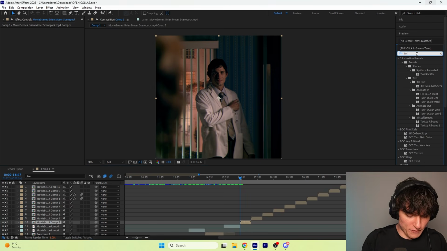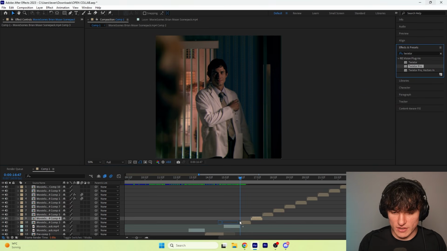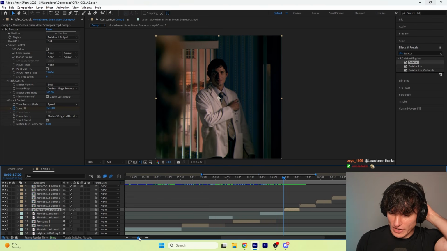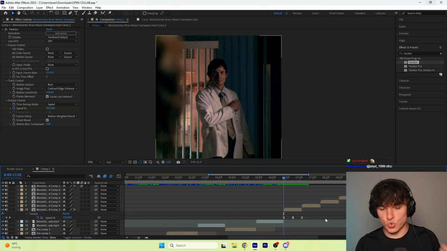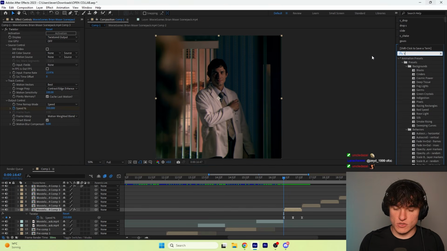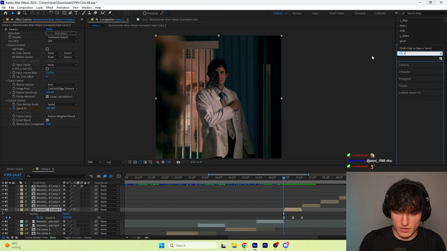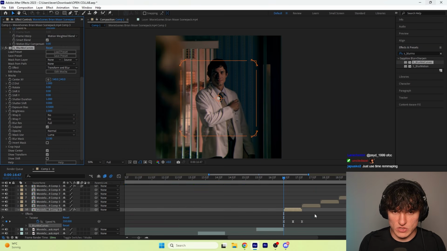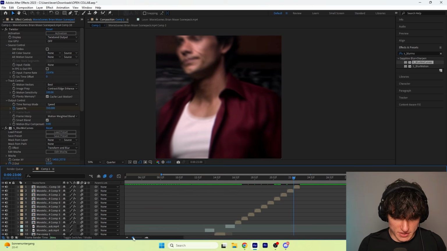Let's start adding our effects. Obviously, we'll start with Twixtor. I'm gonna use the normal one, not Twixtor Pro. What I do when I have to hurry up with an edit is I do Twixtor and the zoom outs, because in my case I'm going to use zoom outs at once, so I can just copy them both and I don't have to go back and forth for 2 effects on all of the clips. So I'm going to create my zooms right with the Twixtor. Now let's look at it again.